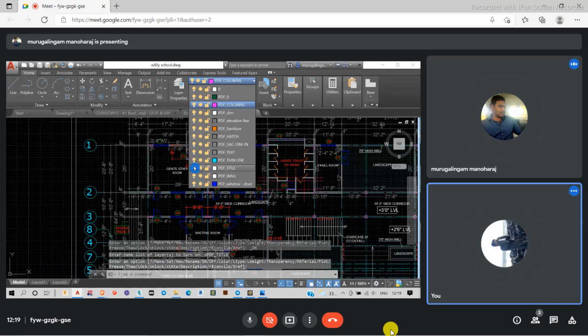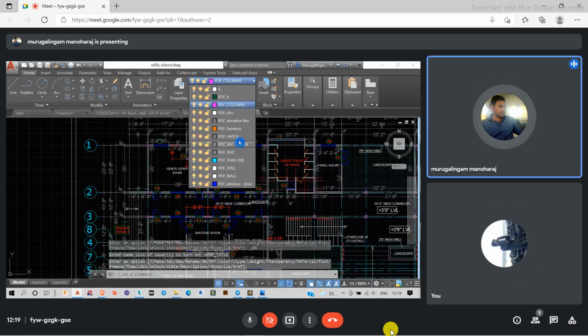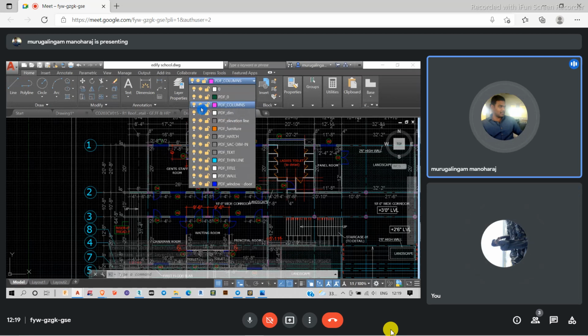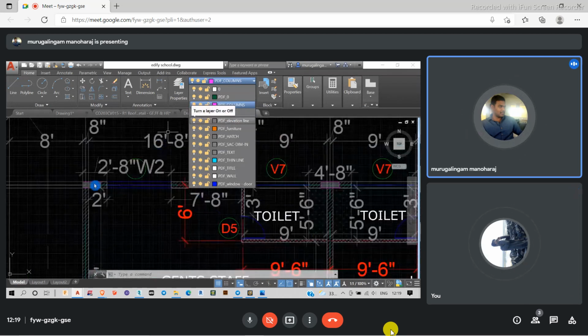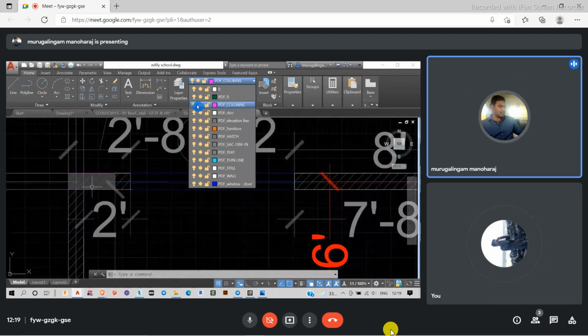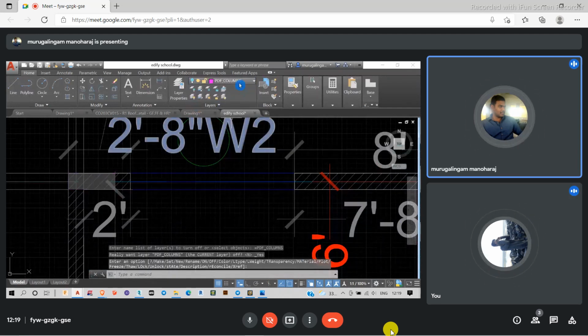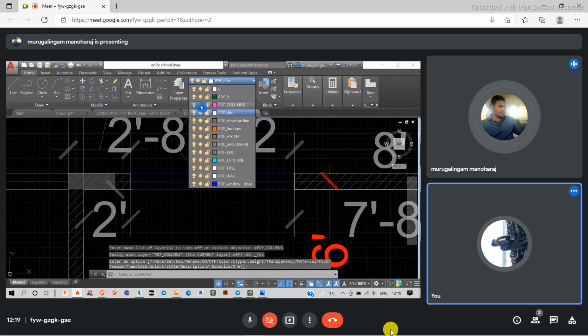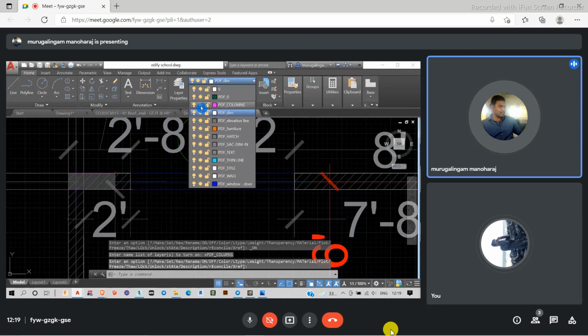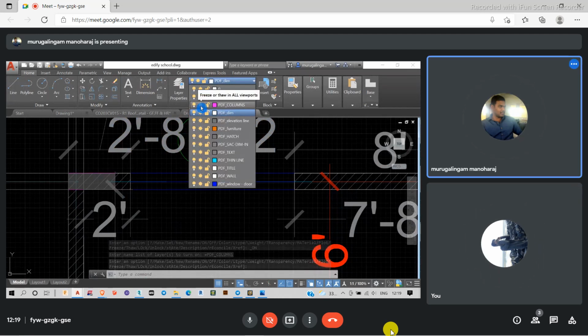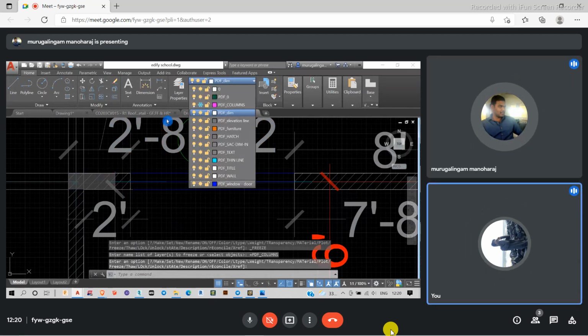If I click this option, see here these are the columns, it's getting turned off. When I click it again, it's getting turned on. The same happens when I click freeze or thaw. Both have the same effect.